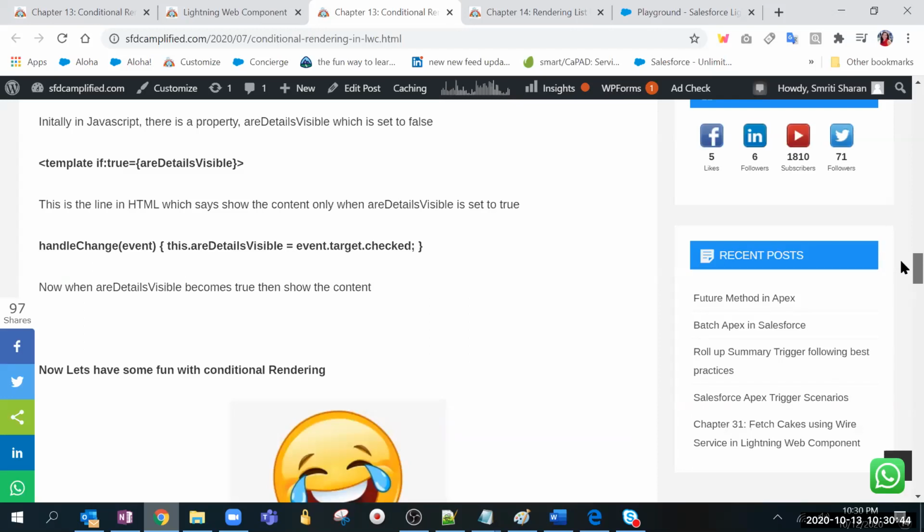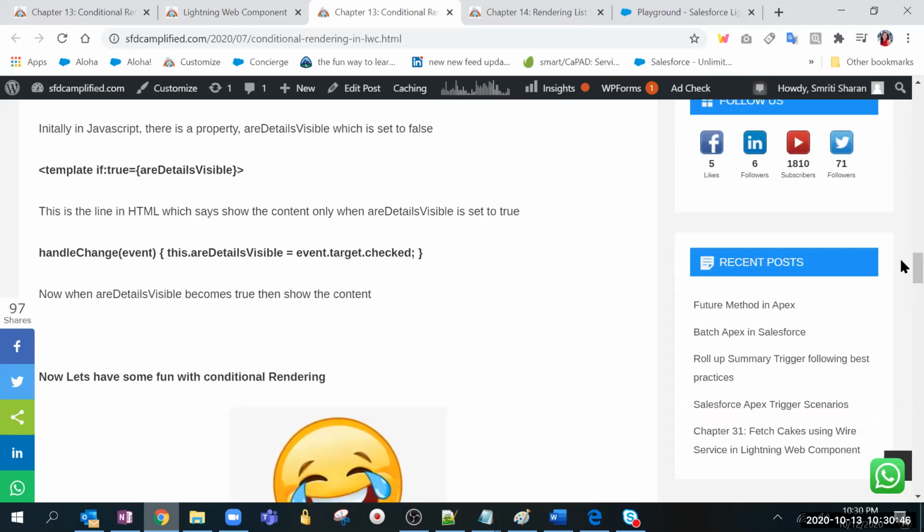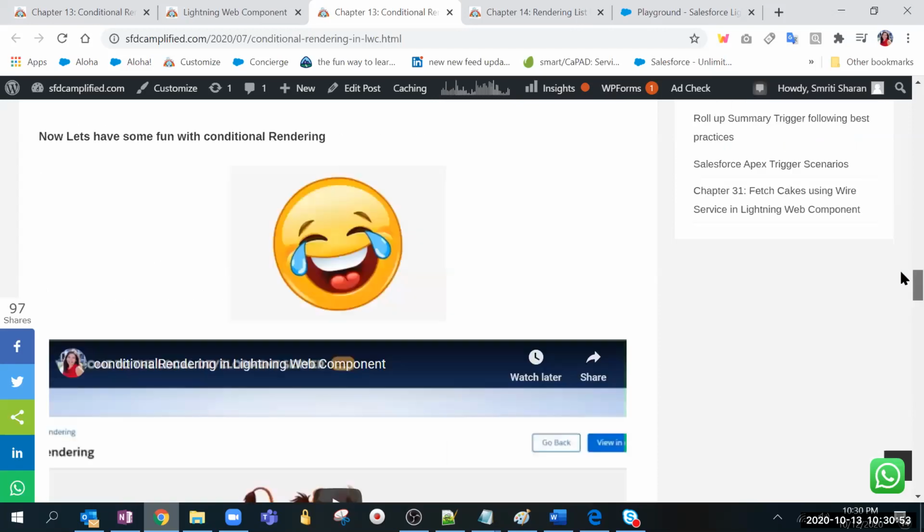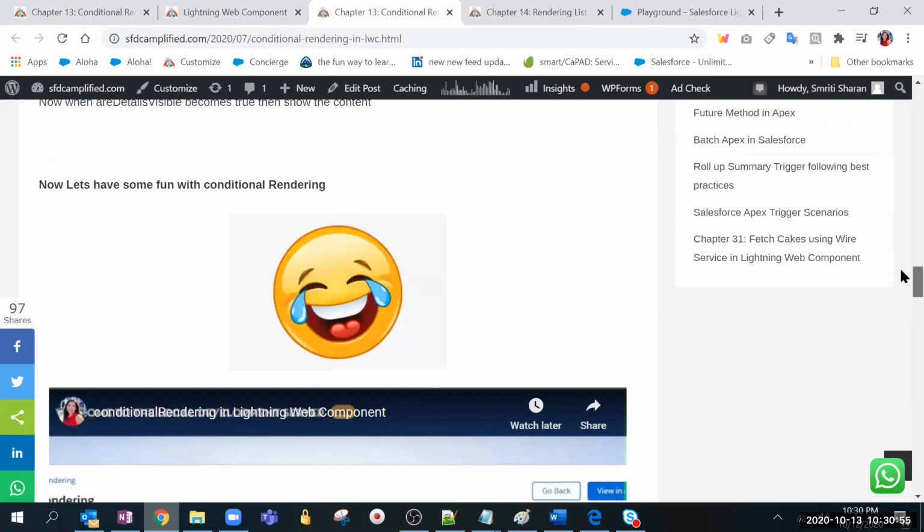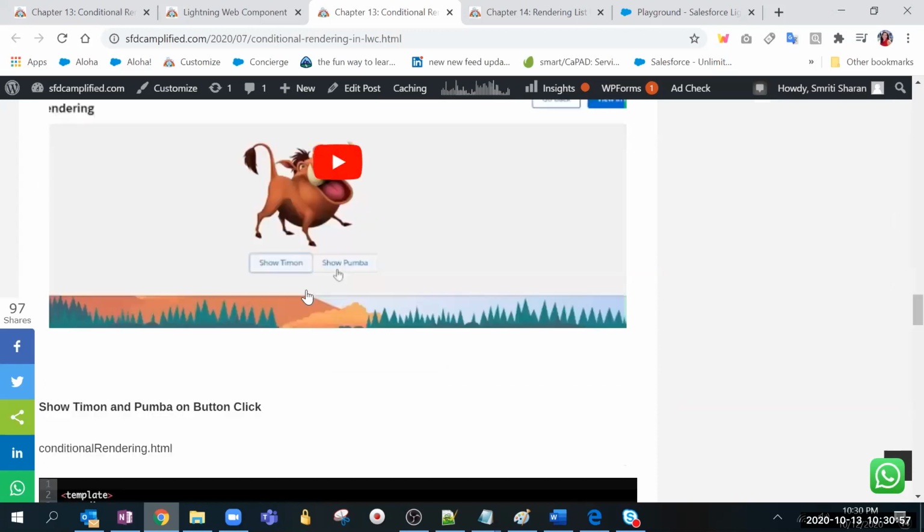So guys, what I have seen, one way of learning is if you make funny examples, you will learn more. So that's what I try. For example, I've been given a big smiley because of show Timon and show Pumbaa. Once I click on this, then Timon will show, otherwise Pumbaa will show. Like that I have created.